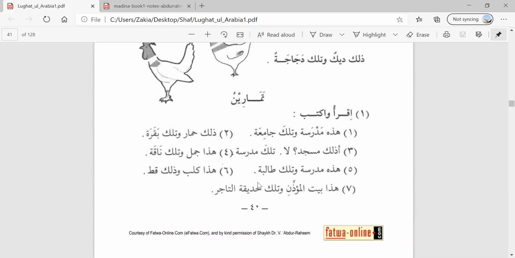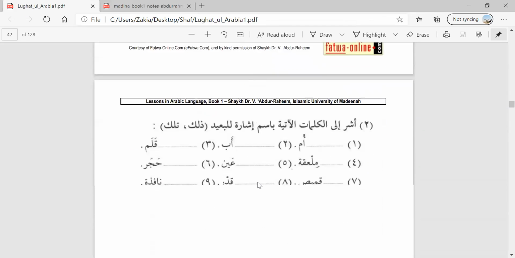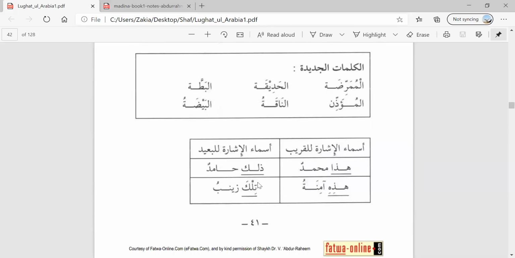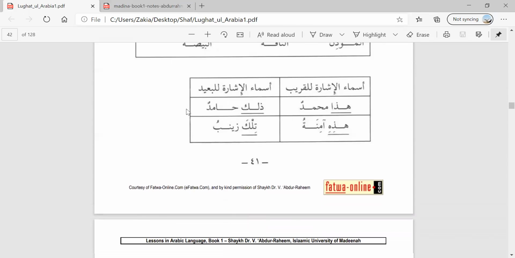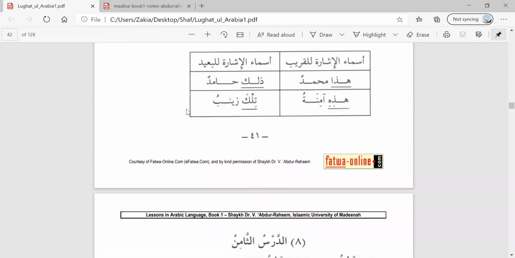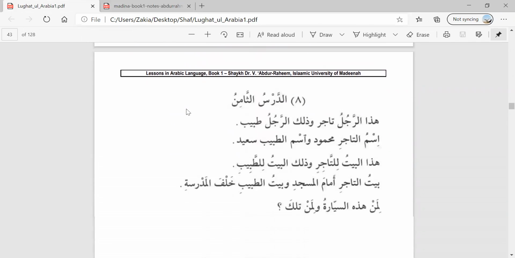Here you just read and write. This is Tamreen, you just read and write this one. Whenever you see a box like this, please take down the new words and write down their meanings. Here again they're reiterating the statement of what is hadha and dhalika and hadihi and tilka. Then you go to